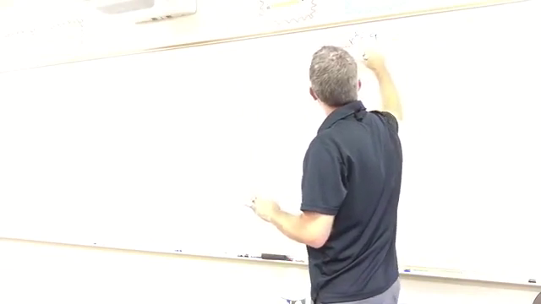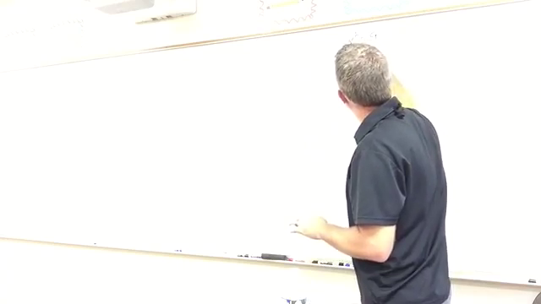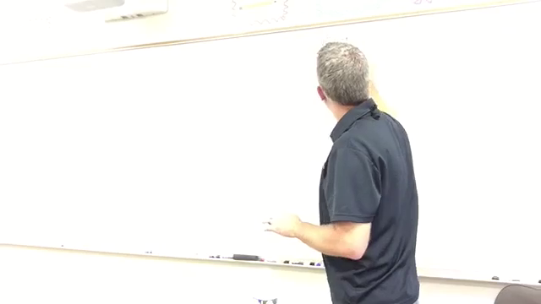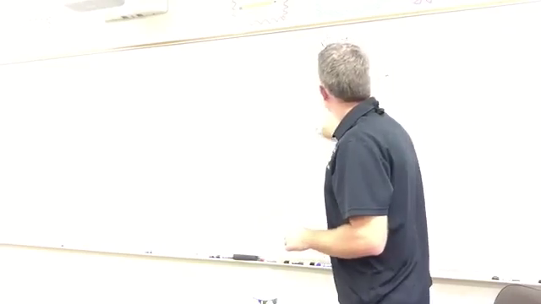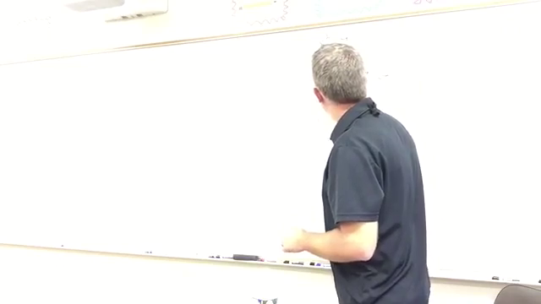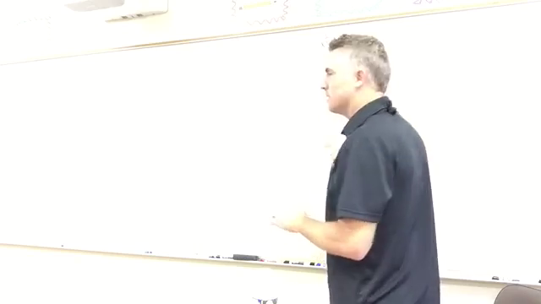X equals plus or minus 3. So anytime we have an x with a fraction, if it's an even over some denominator, we're going to get 2 answers. If it's x to some odd over a denominator, we're only going to get 1 answer,